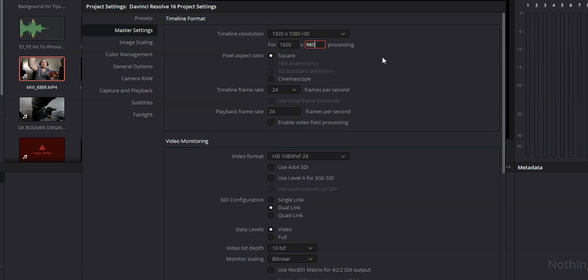The next thing we're going to look at is our frame rate. Now I shoot basically everything in 23.976 frames per second or 24 frames per second for simplicity, and I want everything in my project to reflect that. So the first thing that I'm going to do, same thing in those master settings, in the timeline format, I'm going to change my timeline frame rate to